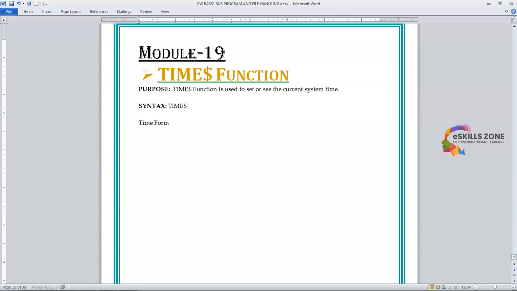Time formats. Time can be in the following format: HH for hour, MM for minutes, and SS for seconds. So this is the format which can be used,